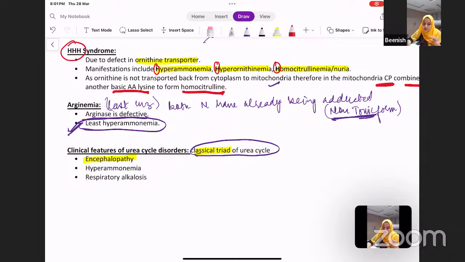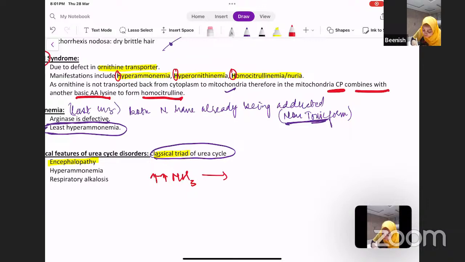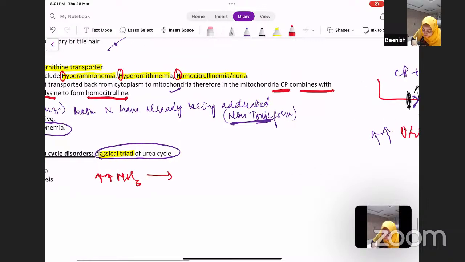Your ammonia was increased. When ammonia was increased, it was able to cross the blood-brain barrier into the brain. What was happening? It was being accepted by alpha ketoglutarate. So your alpha ketoglutarate was getting depleted,